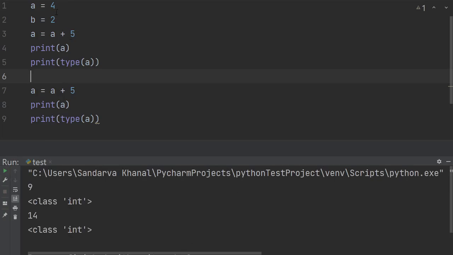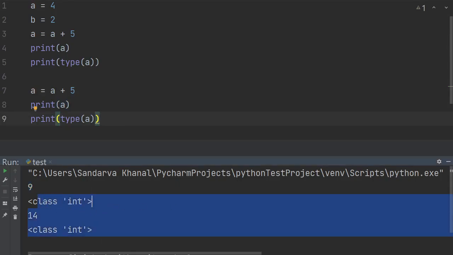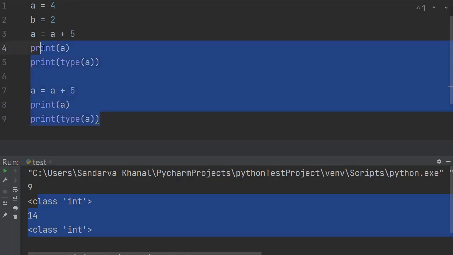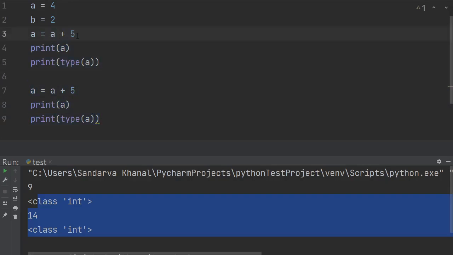So first we add 5 to 4 and reassign that to a, and a becomes 9. And then again here, at this point a is 9, and we're adding 5 to that and reassigning that 14 value back to a. So when we print a at this point, it would print 14, and the type throughout this operation is still integer. But where the compound operator comes into play is, instead of saying a equals a plus 5, there's